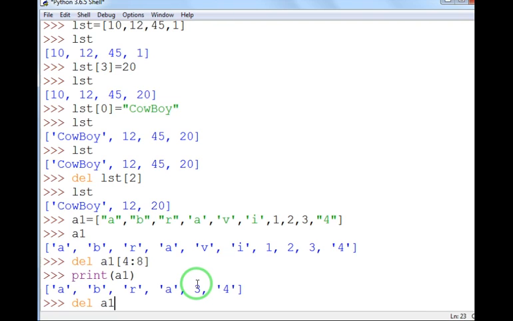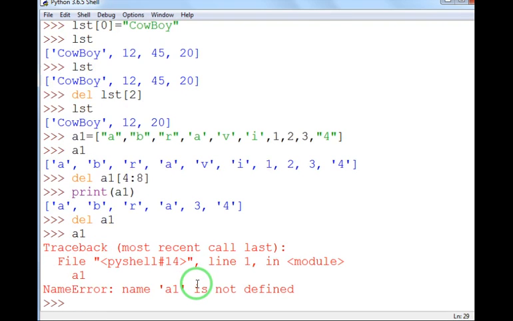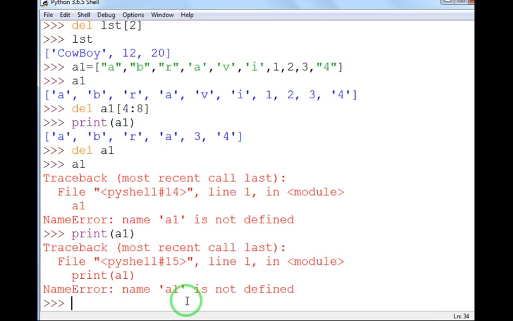So A1 list will now be removed from your system. So when you give the command A1 now, it says A1 is not defined, it has removed the list A1 along with all its elements. With the help of del statement, I have removed the A1 list. I hope this is clear to you.